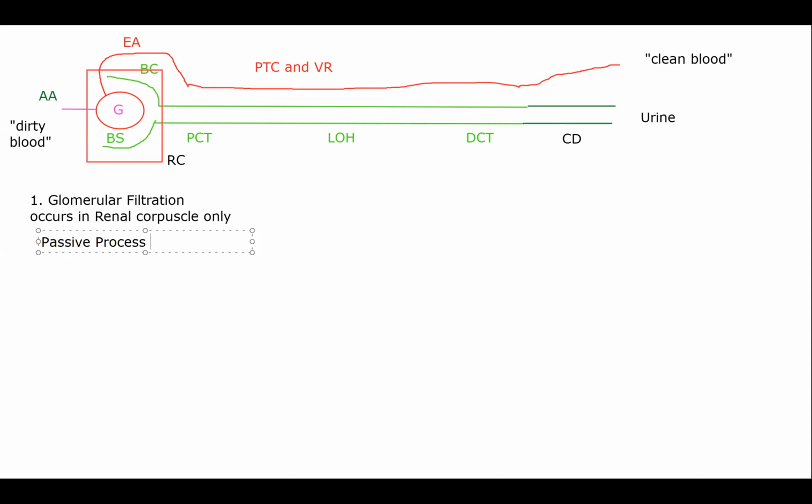Yeah, this is a passive process. No ATP is used in this process, which is great, right? It doesn't use ATP, that's excellent. But the key, if it's a passive process and you're not using ATP, is that it cannot be selective. What I mean by that is we don't get to determine what comes out of the capillary. Really, the only specificity, the only determinant,